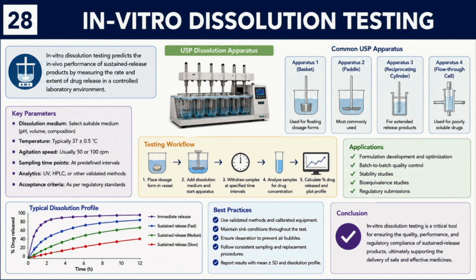The samples are withdrawn at predetermined time points. The drug concentration is analyzed using appropriate analytical methods like HPLC or UV visible spectrophotometry. The cumulative percentage of drug release is then plotted against time. Okay, so the resulting release profile can be compared with the target profile and analyzed using mathematical models. Okay,